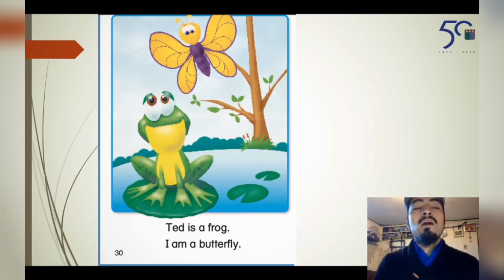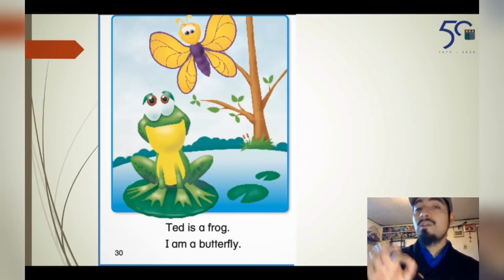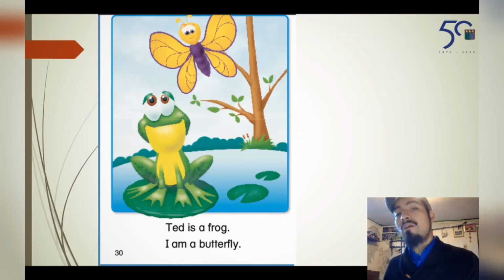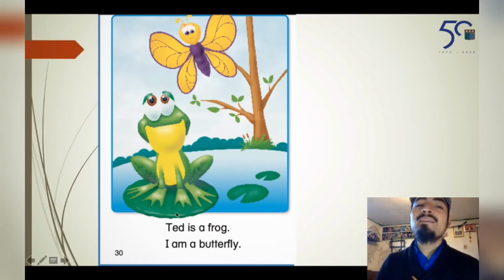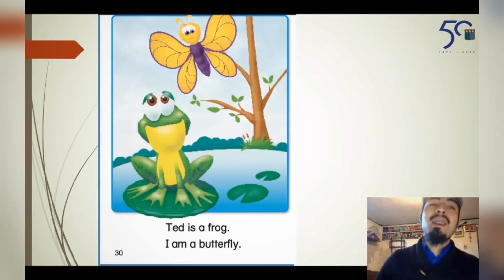Good. Again now, let's focus on the colors of the characters. Ted was completely green. Some parts a little bit light green and some parts dark green. But now I can see something yellow. Yes, I can see a yellow part in Ted's body. What about the caterpillar? Remember that the purple color was only on the caterpillar's back. Now it is on its whole body and around its wings.